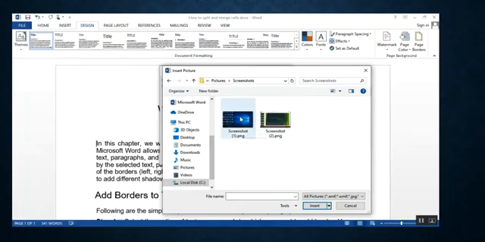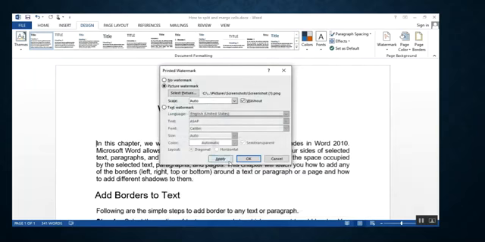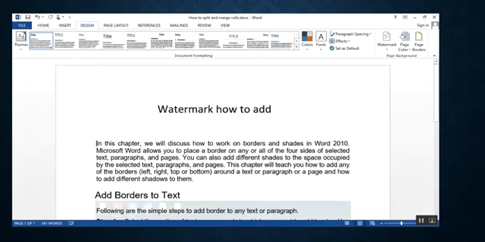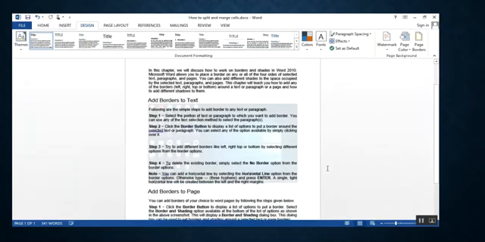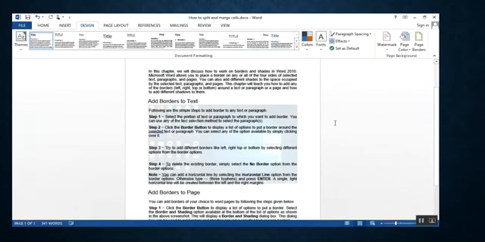For example, I am going to add this picture as a background, and you can select the scale, whether you want it as a washout. Click on Apply and close it. Now you can see it's added as a watermark in the background of this text.